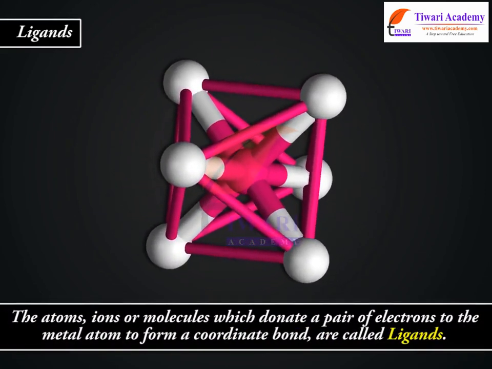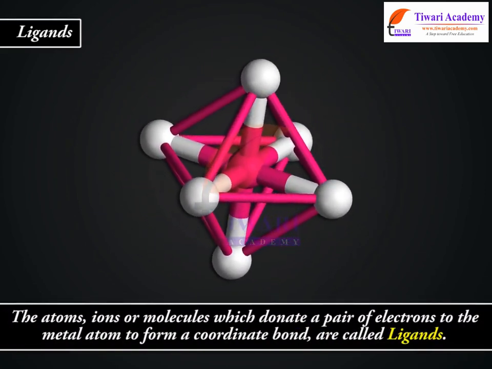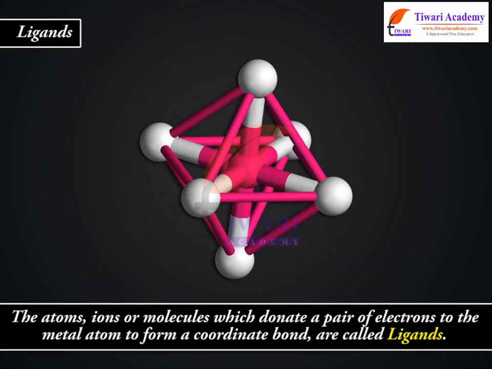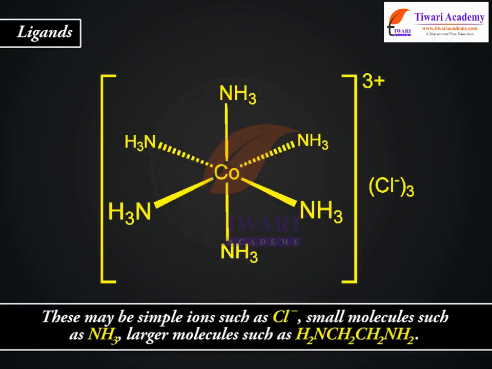The atoms, ions or molecules which donate a pair of electrons to the metal atom to form a coordinate bond are called ligands. These may be simple ions such as Cl-, small molecules such as NH3, larger molecules such as